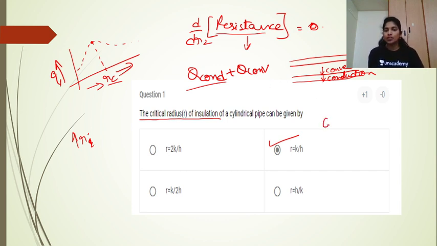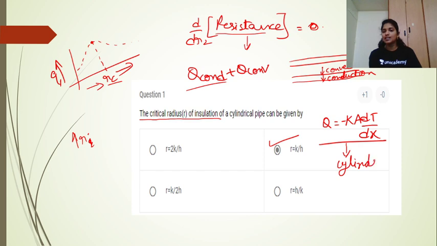So, by using Fourier's law of heat conduction, Q is equal to minus kA into dT by dx. This should be derived for the cylindrical case. For the cylindrical case, the thickness of the pipe is dr, along which the heat is flowing, so the heat is flowing in the radial direction. So it will be dr and the area is 2 pi r L. If you integrate this equation, you will get the resistance as,